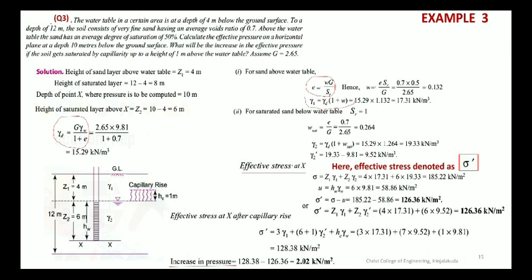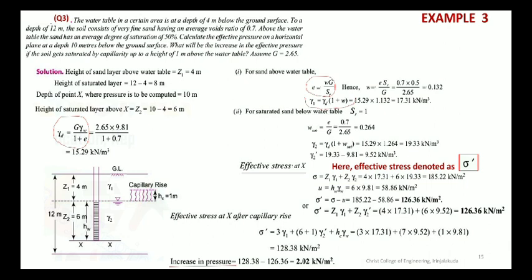We know the height of each layer. Now we can directly substitute in the equation to find effective stress. So effective stress, here it is denoted as sigma dash. So sigma, that is the total stress. Now consider the figure, a layer XX at a depth of total 10 meters from the top. So what is the effective stress at X? So you are going to find out.